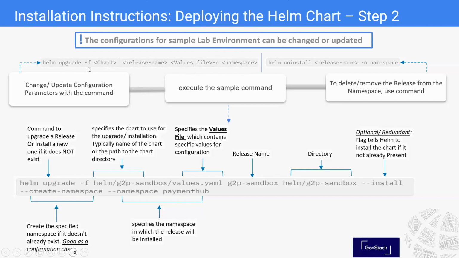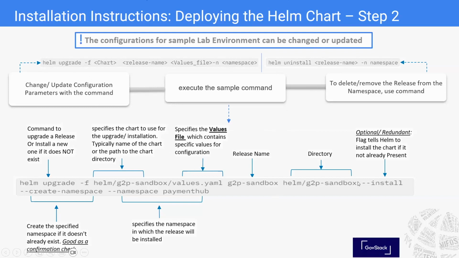So this is the command for updating. We'll talk about this big one afterwards. Also, if you have to delete or remove, this is the uninstall command from Helm chart that will remove that specific Helm chart as per your requirement. Then, when we talked about this upgrading command, just to give you